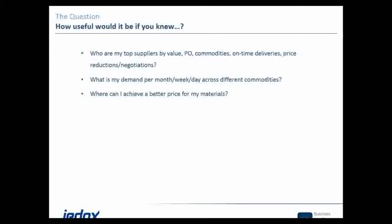Another question, obviously, is where can I achieve a better price for my materials? I think equally important, at suppliers that fulfill all my criteria. So especially in large organizations, there's usually some kind of evaluation process or accreditation process to go through. So obviously you need to know, can I actually buy from this supplier, and where would I be able to procure my materials more cheaply? The next question that you want to